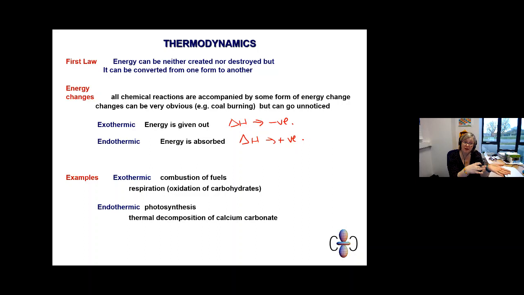The exact opposite can then be said for photosynthesis. Photosynthesis actually requires energy, and the way you recall that from, not common sense, but everyday reference, is that it requires some